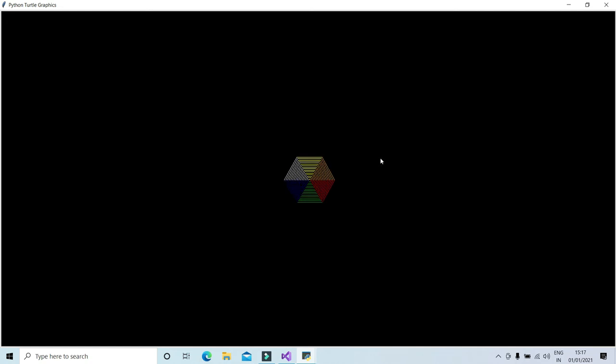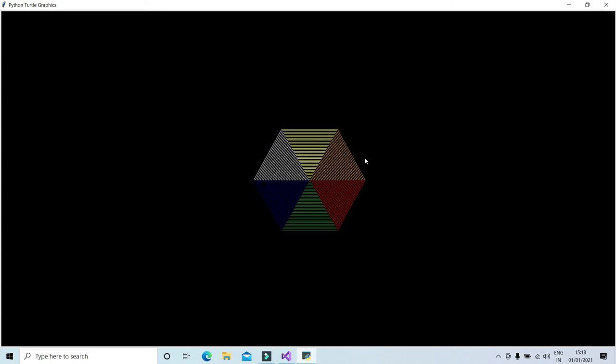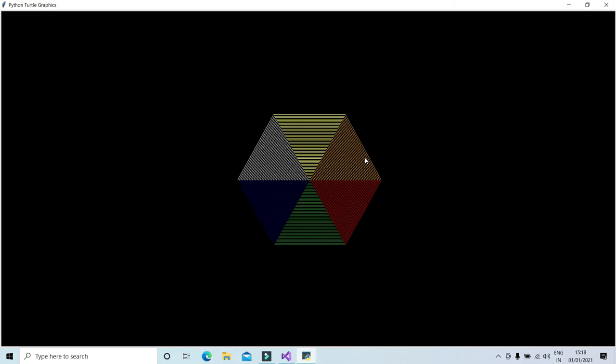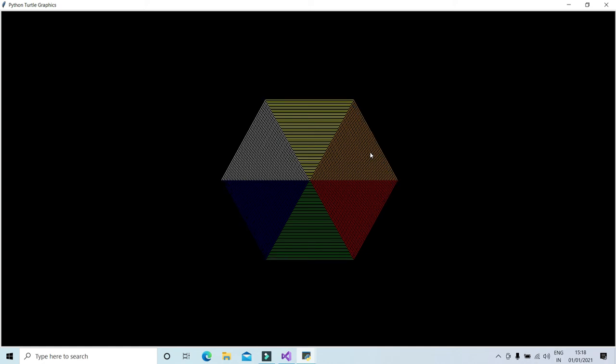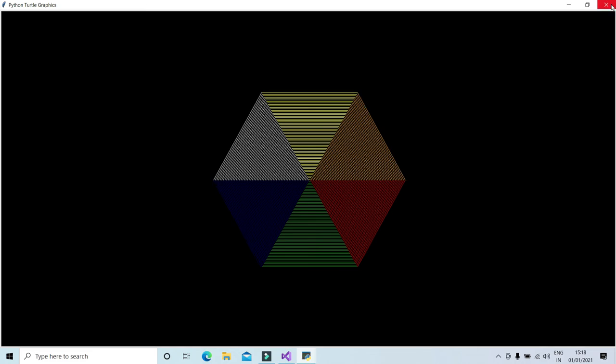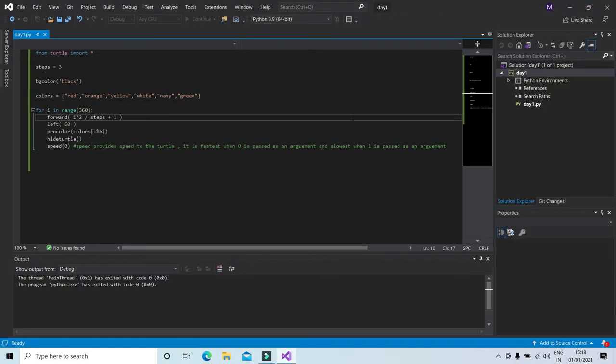And you can see that the separation between two lines in any one of the parts has decreased significantly. So these are a few experiments that you can try with these patterns and programs, and you can generate really incredible and interesting results just by tweaking the code a little bit. Okay, so these are a few changes which I wanted to show you.